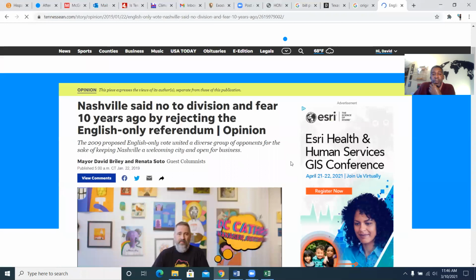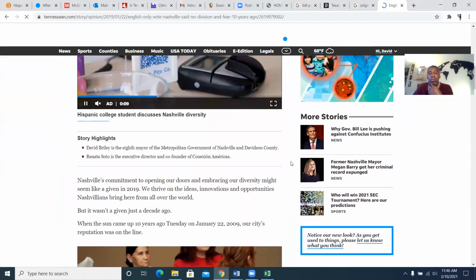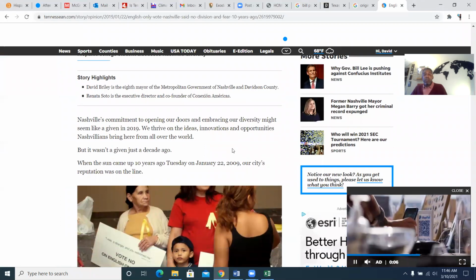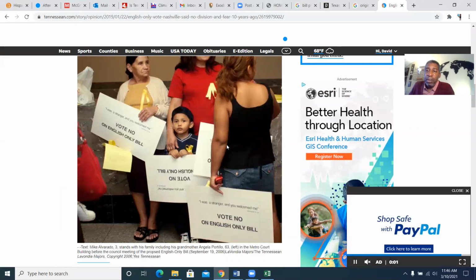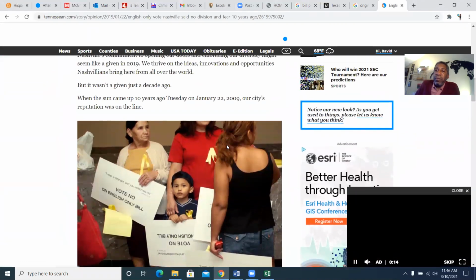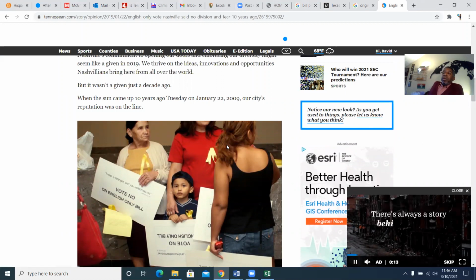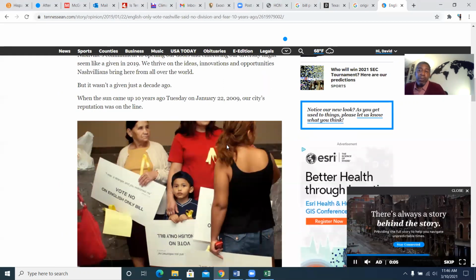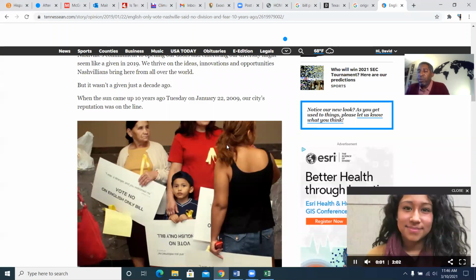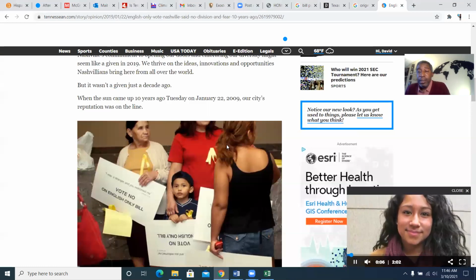So there was actually a movement on the part of some representatives in local government here in Nashville to have all communications, all public documents in only English. And the argument was that it would make things more efficient. But everybody knows that this was really a political move. It was a move to further oppress and suppress the growing Latinx population in the city that,